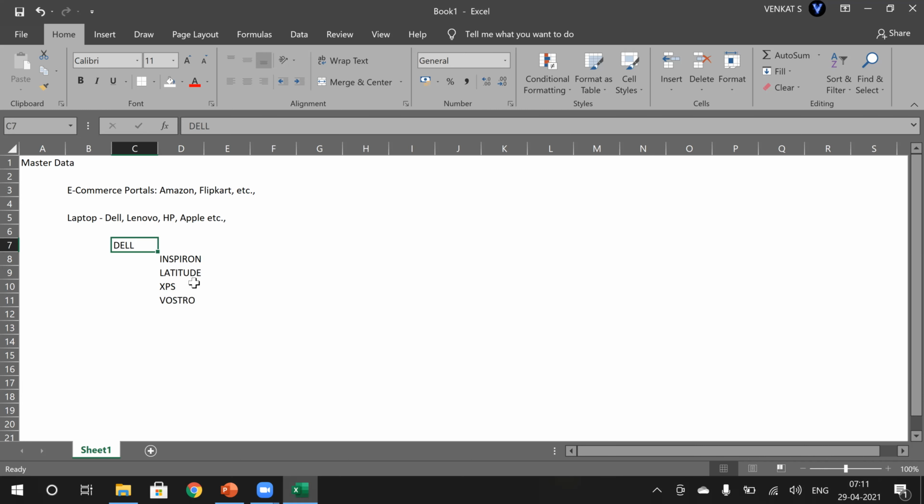Let me take a specific one, Dell XPS. Again, in this we will have sub-variants. We can divide them based on the size, 13 inch or 15 inch. It may not be accurate, but I'm just giving a rough idea. Then in each display size, you can further segregate based on the processor, i5 or i7.